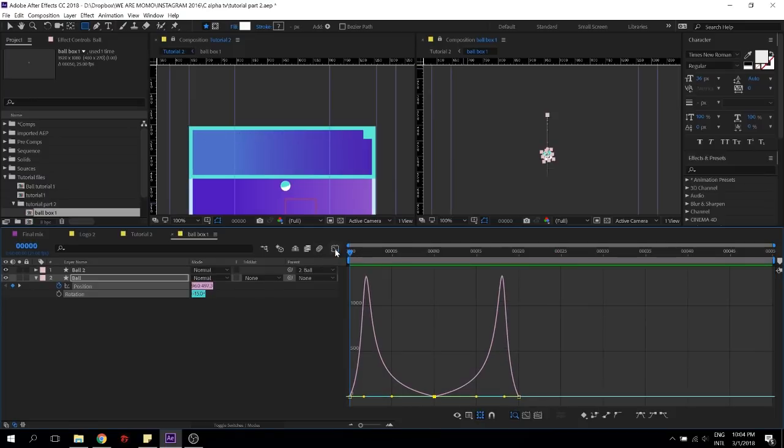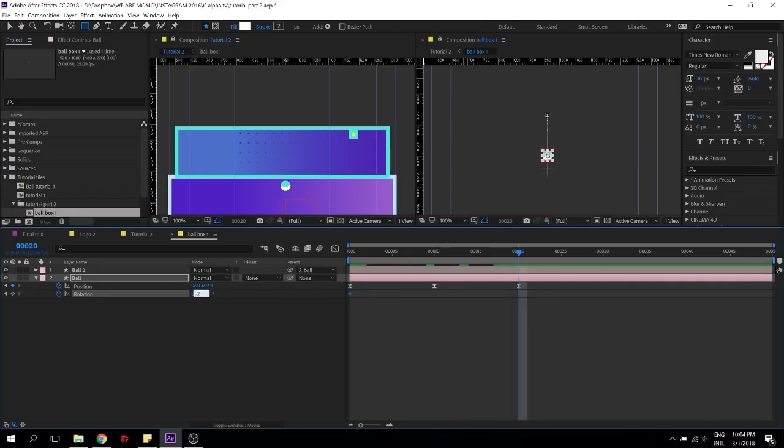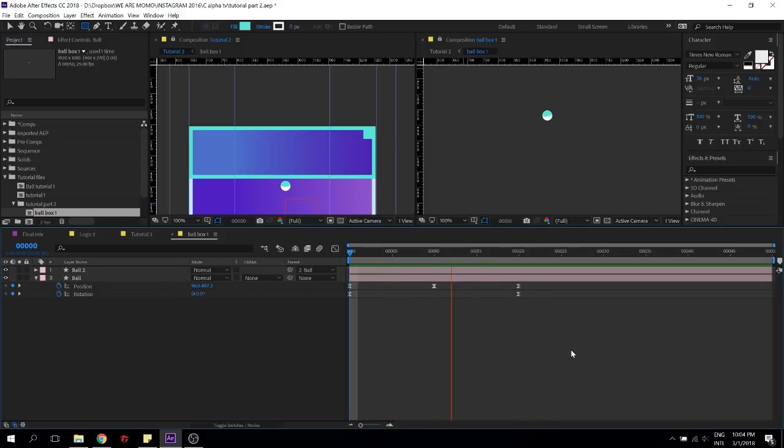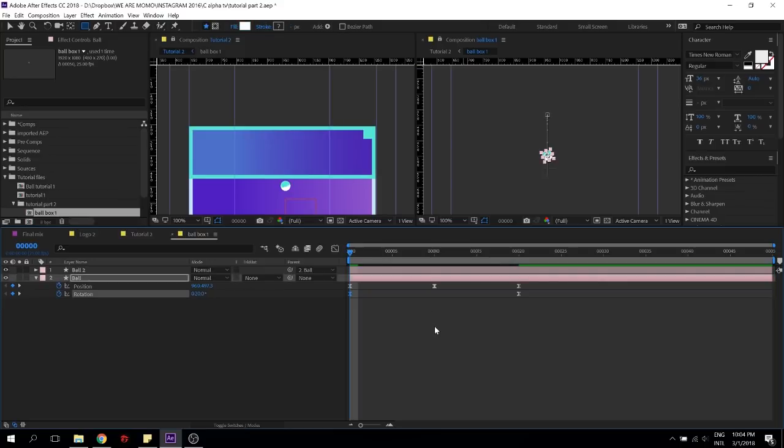What would be cool is if it's rotating as well. So let's just say 0, and then it ends up with, I don't know, -20. I'll just do -20 here.